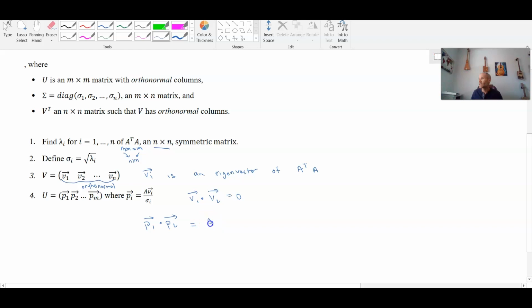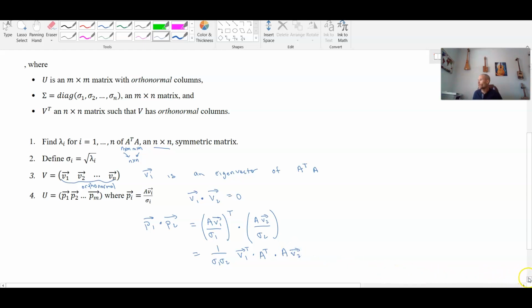We know that this is equal to A V1 divided by sigma 1, transposed, because even though the dot product is defined in such a way for vectors that when we dot two vectors together it's assumed that one of them is a transpose, we often don't write that transpose there. So with AV2 over sigma 2, we just want to see that this is going to be equal to 0. First of all, the sigmas I can factor out, sigma 1 and sigma 2, because they're scalars. Now the transpose of AV1 will be V1 transpose times A transpose. And now from the second factor here, I have